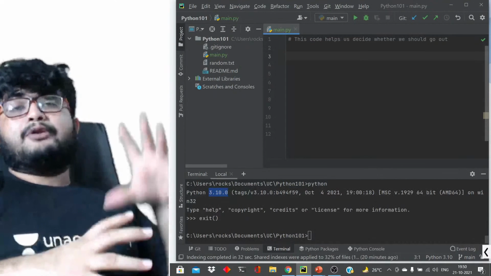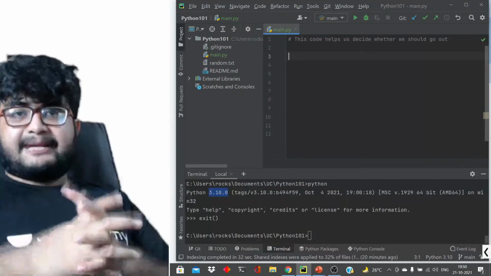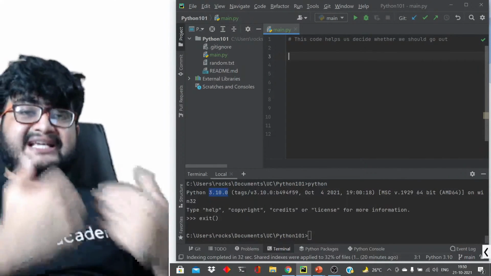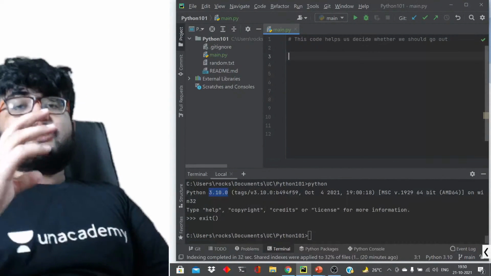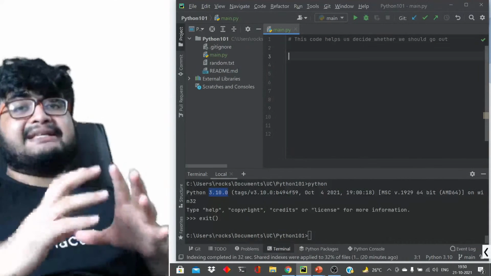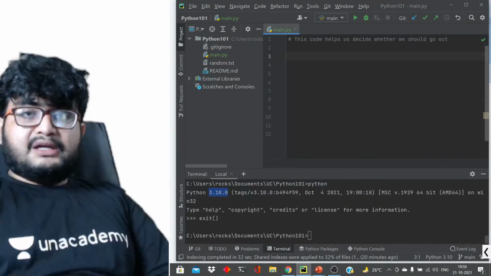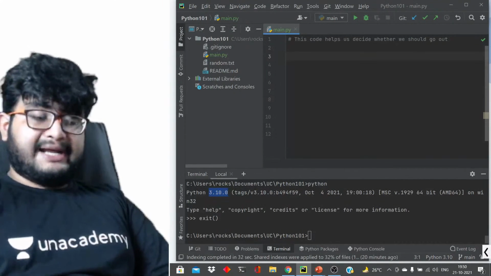So functions help you logically break the code into multiple logical segments. So basically, that is a function. What is a function? A function is a piece of code that has the responsibility to do something. A function is a piece of code that has the responsibility to do something, right?